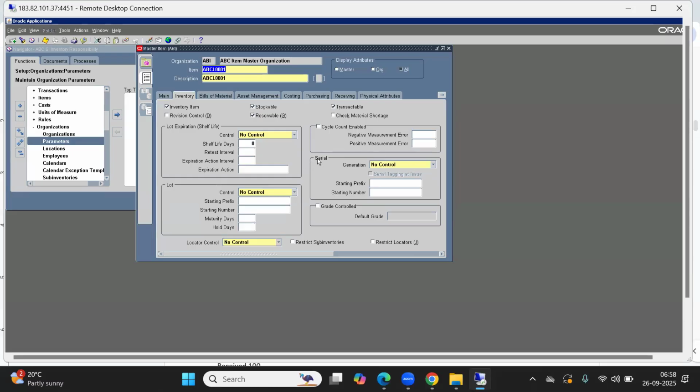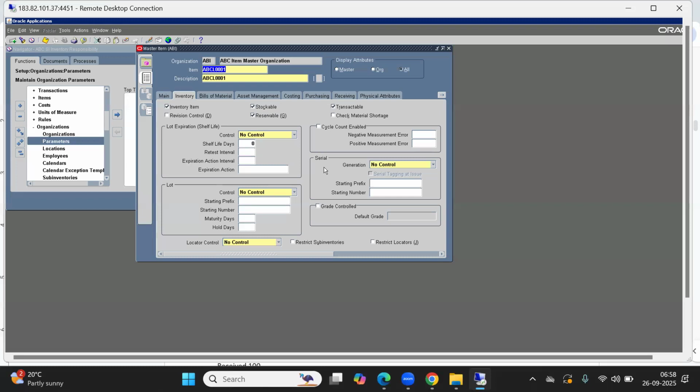serial control related. Serial control, we all know, is something like a unique number for the item, which is used to track any services. For example, you buy a laptop and it will have a serial number. After a couple of months, there is some issue in the laptop and you need service. When you go to the service center, the first thing they do is check the serial number. That serial number is enough to track everything, like